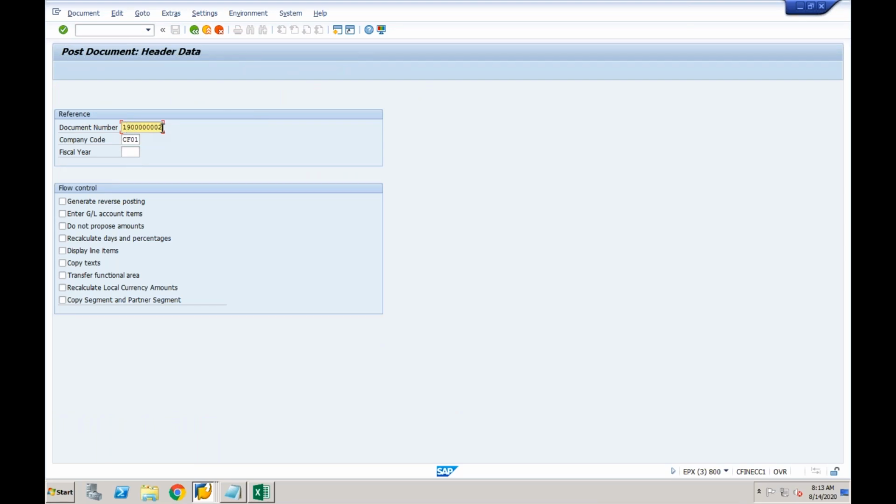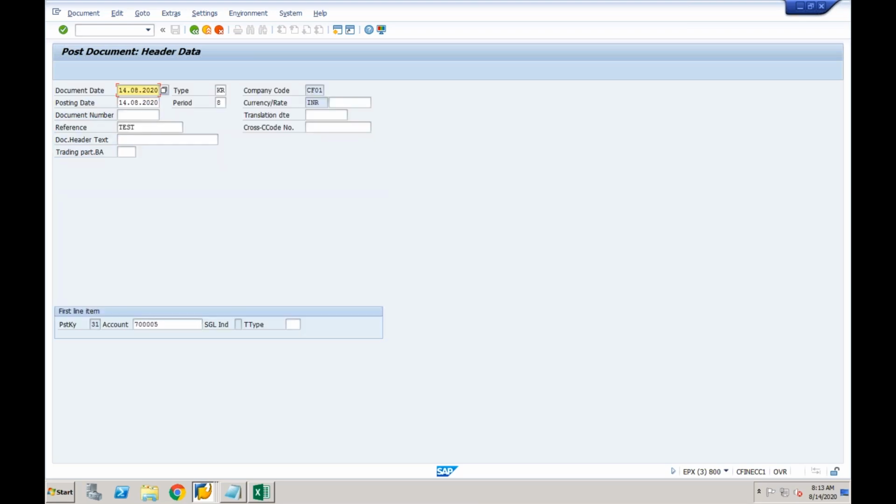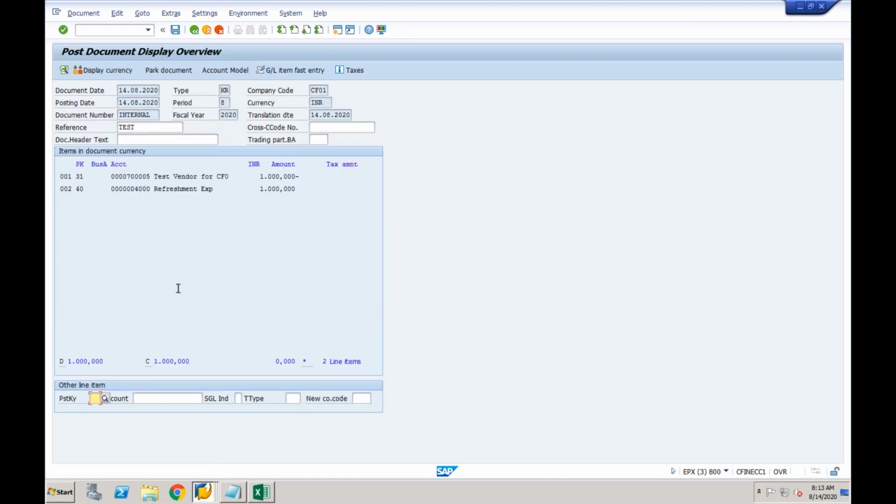19 is normally my AP document. So yeah, you can see this is my posting key 31, which means I want to credit the vendor. This is my vendor in the source system. Enter. Okay, so this is what I want to post. I want to post this